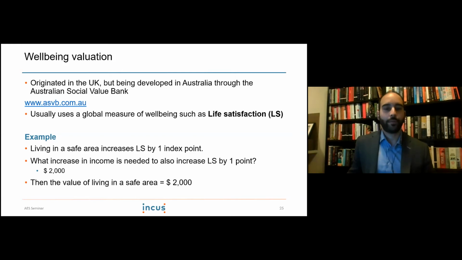And it's a fairly innovative way to do that, using existing data sets. And you can also drill down into your particular demographic if you're working with a particular demographic.